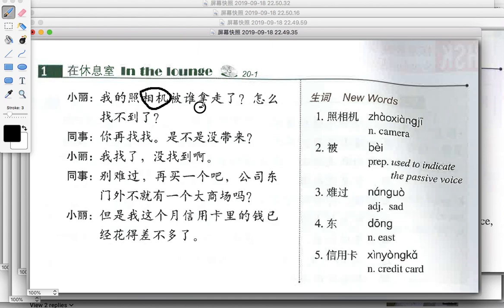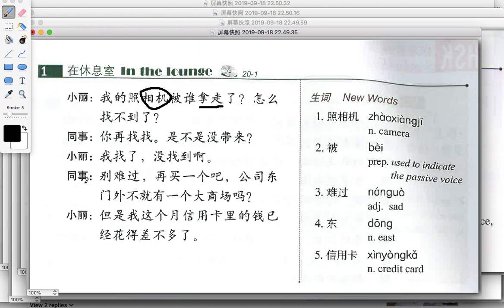被谁拿走了, take away. 拿 is to take, 走 is the direction, walk or go. 怎么找不到了, how come I can't find it? 同事说你再找找, again, more of this 找找 action. 是不是没带来, did you bring it here? Be or not be, right? Yes or no. It's another way of asking a yes or no question. 小丽说我找了没找到啊，没找到, didn't find